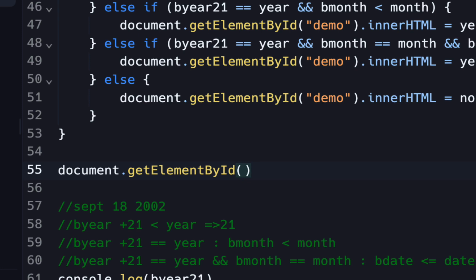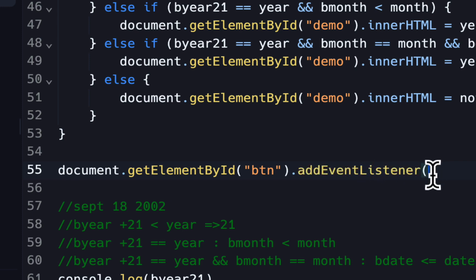And then the ID we want is btn, but it has to be in quotes, btn. And then we're going to do .add. Oh, that's not coming up either. Document.get. That should come up. You should see it come up, and the last time I did it, it came up. But we're going to do AddEventListener. Add event, capital E, capital L. And then